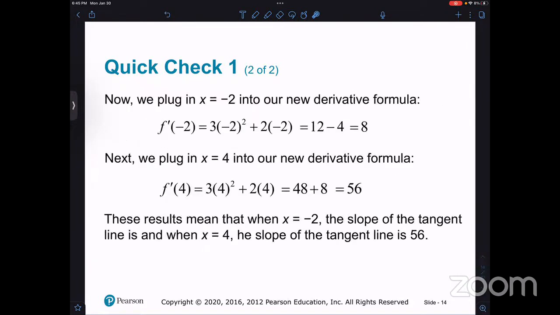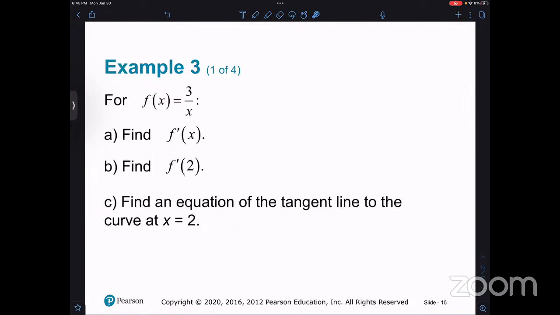Let's try this one. So for this function, okay, this one. Yeah, I might need some space. F prime. Okay, let's do it. Let's start so that we actually find a derivative. So we have, let's go here, we have f of x equals 3 over x. I probably would have been better off doing the x cubed one, but that's okay.